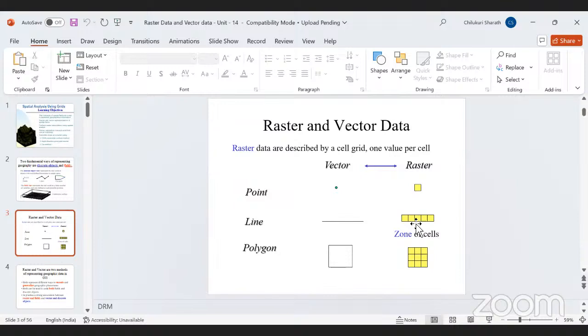The number is known as a digital number. Now coming to the vector model type. In a vector data model, whatever recorded data we have has a definite shape,